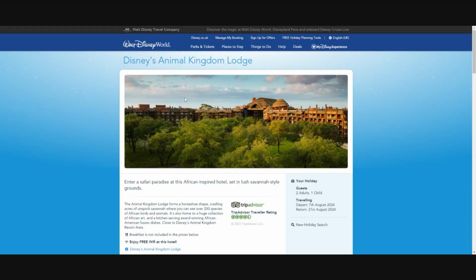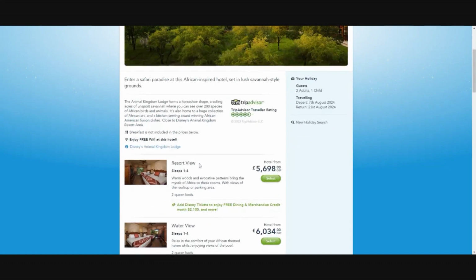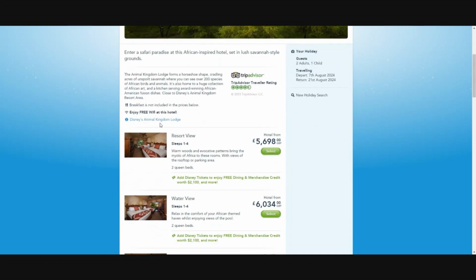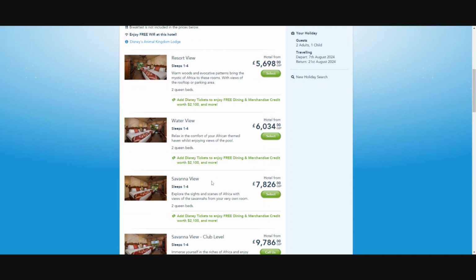Coming from the UK, I've just hopped onto the Walt Disney website. We're going to have a look at this. Here's the Disney Animal Kingdom Lodge. We're going to scroll down, and I've put those exact dates in. You can see here for the same number of people and the exact 2 weeks. And here we're going to go down for a normal view, Disney Animal Kingdom Lodge, £5,698. Let's go for the Savannah view, which remember was at 250 points, and that is now